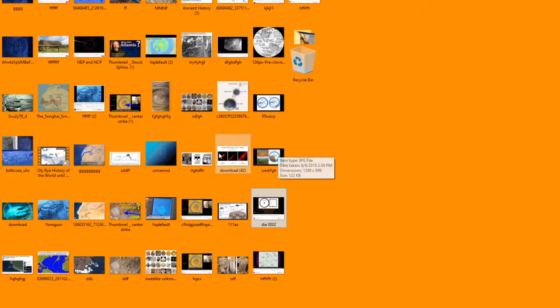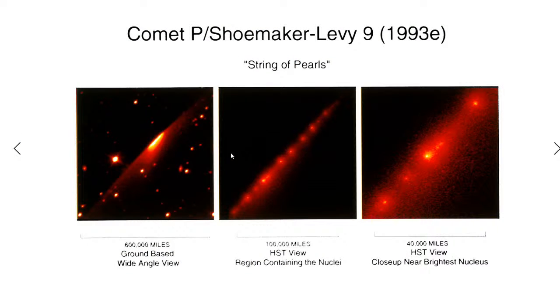I had some duplicates. This is something I didn't show you. It's the famous Jupiter String of Pearls event. The Shoemaker-Levy comet, just like Comet Ison, which is on my channel, covered it quite closely when it happened in 2013. It went around the sun and then it broke apart into pieces. Well, this one broke apart and turned into what they call the String of Pearls, which actually struck Jupiter, about 20 of them, struck Jupiter and created that string of pearls